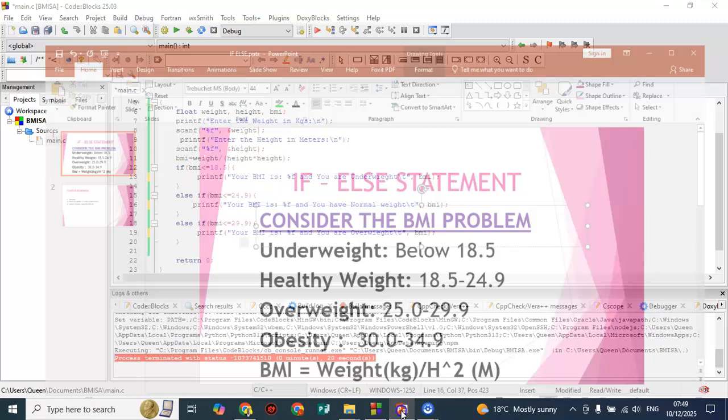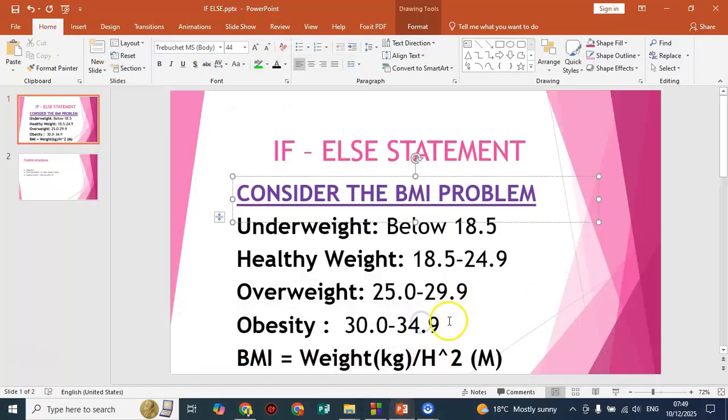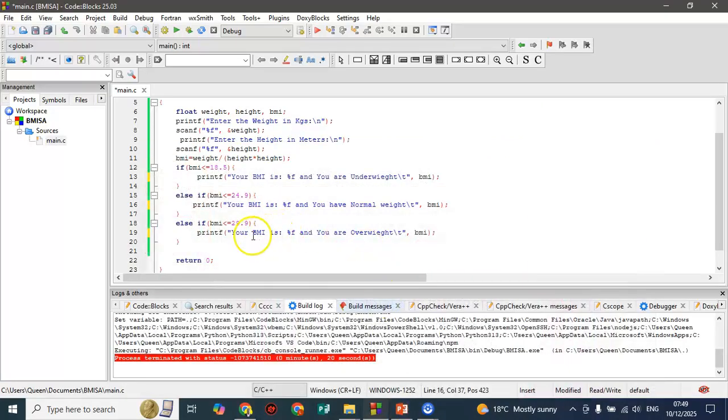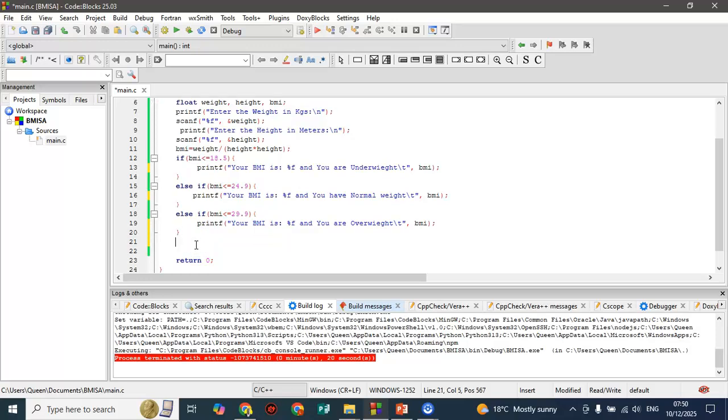We have the fourth one, where we have our BMI above 30. So let's just say anything above 30, whether your BMI is 100, you are obese. So once we have these conditions, and the last condition is just a single one, we would just say else. Yeah, it ends with the word else. We are not going to have the if, just saying else. Then